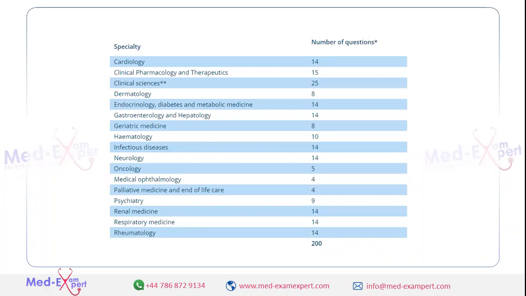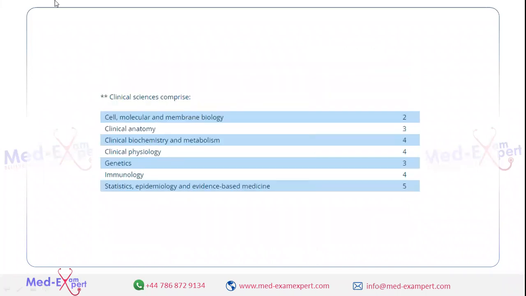So one of the points I want to stress here is that the clinical sciences consist of about 7 topics. Most of you are post your undergraduate degree or maybe working in different hospitals or medical specialties, so it may be slightly difficult to go through these clinical sciences. That's why I recommend going through the past questions which have been asked in these specialties,